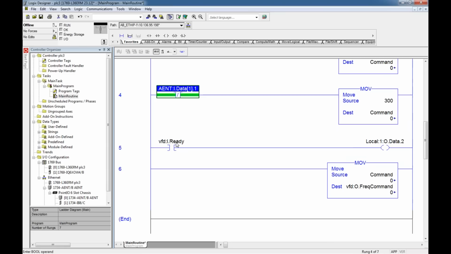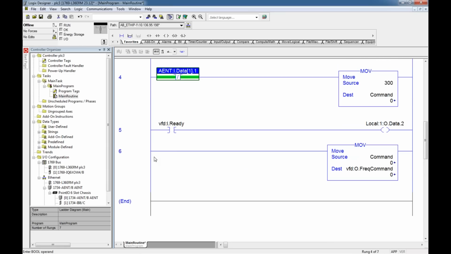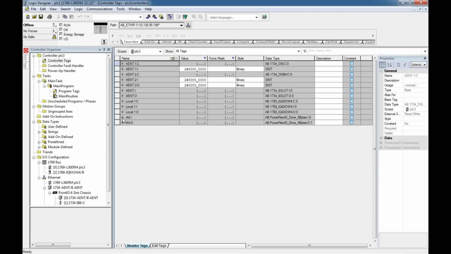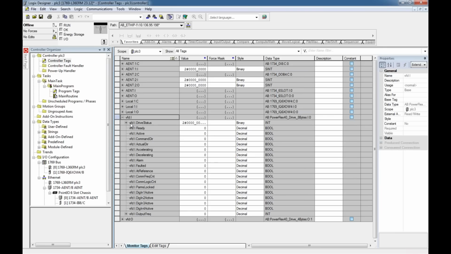I have a bit here so that when the VFD is ready, this will turn on, and I have always true moves to take whatever is the command bit and move it into my VFD output frequency. All these are in our controller tags, as I was talking about last night through my VFDs. There is a slew of,